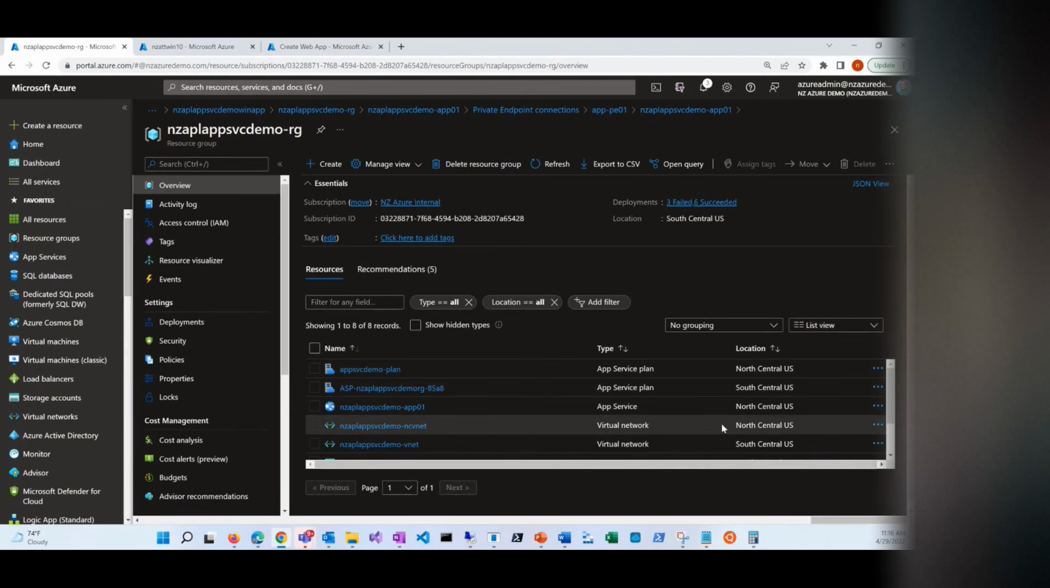But in any case, you can see here I already created a private endpoint for this app. Let me show you the SKU of this app first, just to make sure that everybody is on the same page. I'm running a B1 plan. This is a basic B1 Linux plan. And going back to networking,